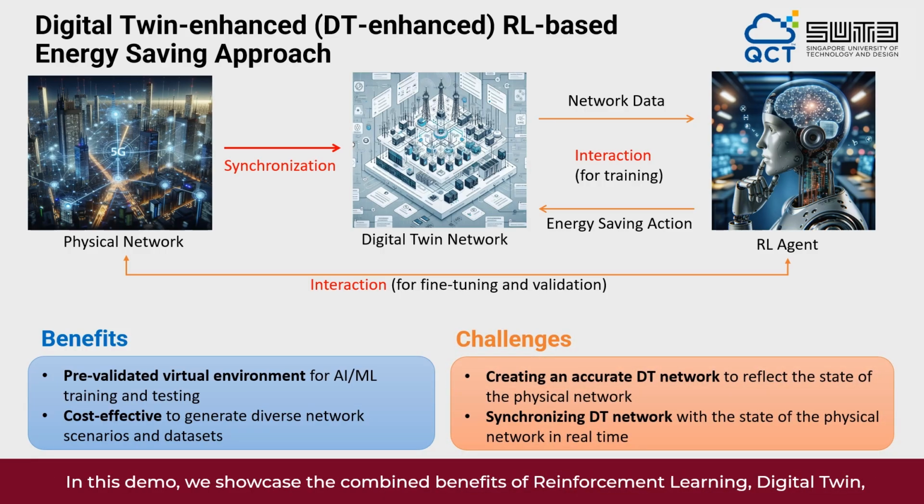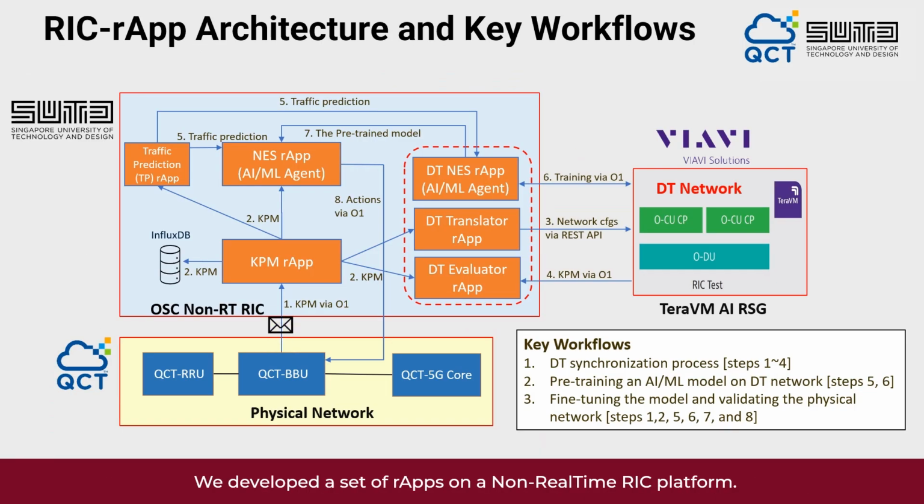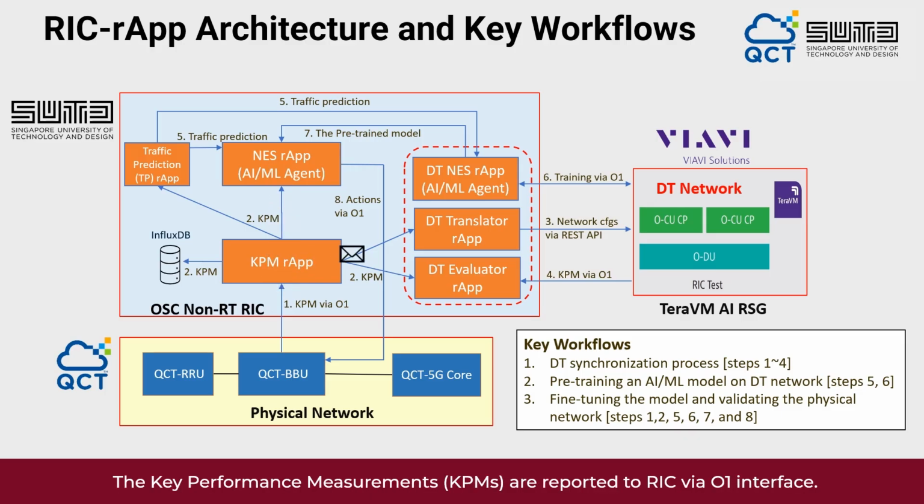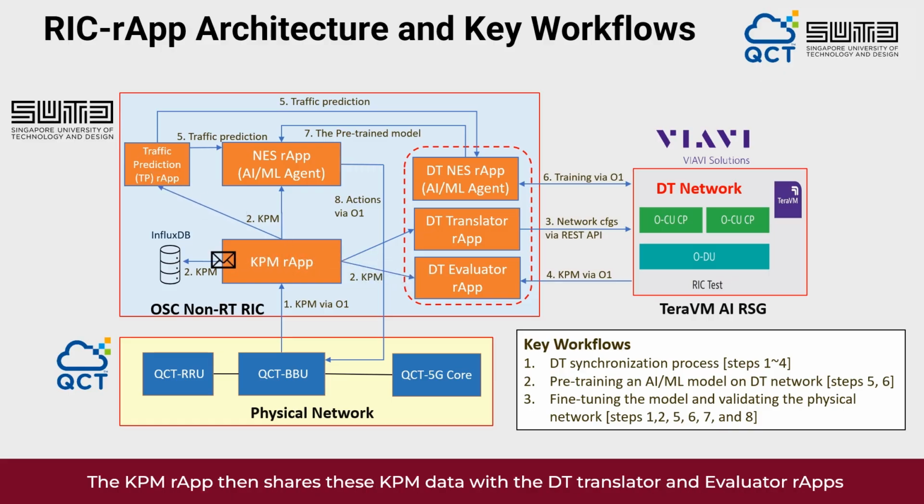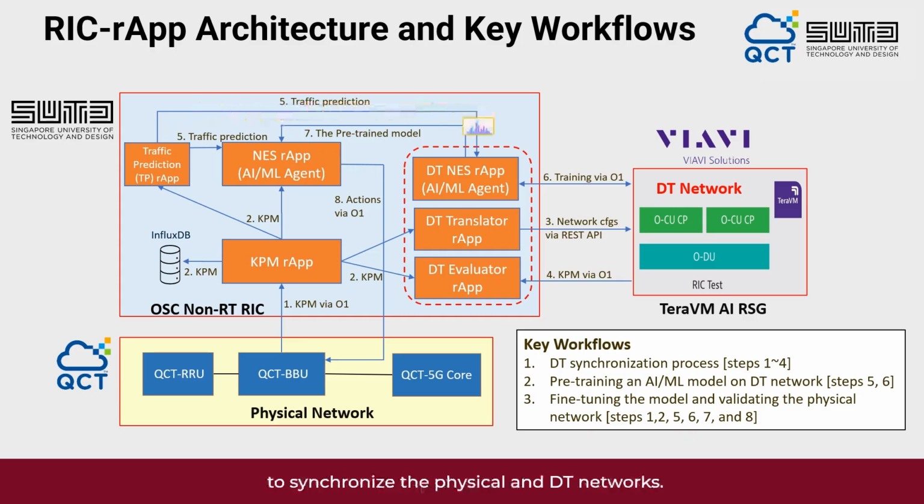In this demo, we showcase the combined benefits of reinforcement learning, digital twin, and O-RAN rApp technologies in enhancing energy efficiency within O-RAN networks. We developed a set of rApps on a non-real-time RIC platform. The key performance measurements, KPMs, are reported to the RIC via the O1 interface. The KPM rApp then shares these KPM data with the DT translator and evaluator rApps to synchronize the physical and